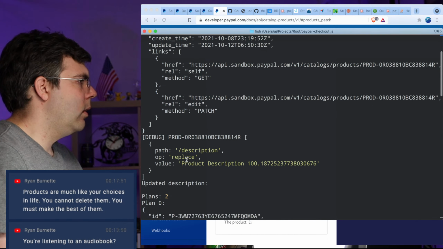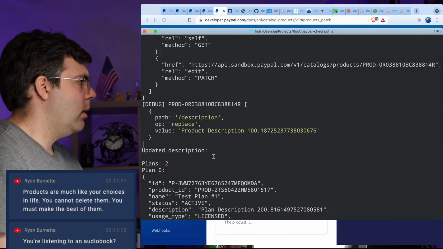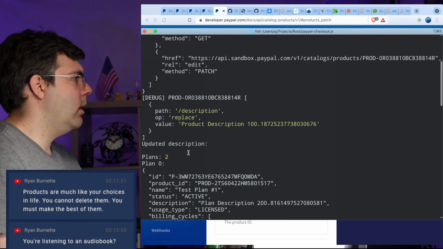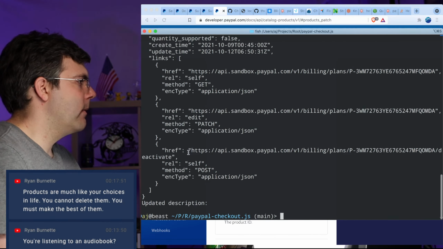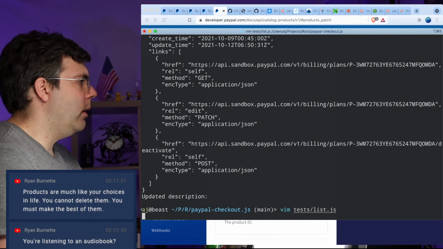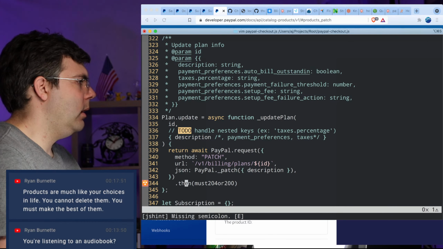Okay. Nothing. Comes back with literally nothing. I guess that's just fine then. Well, maybe, hold on. Yeah, return just body. So maybe I don't want to return just body.